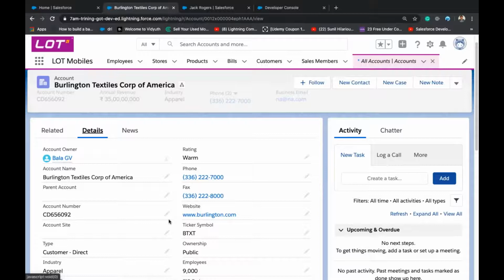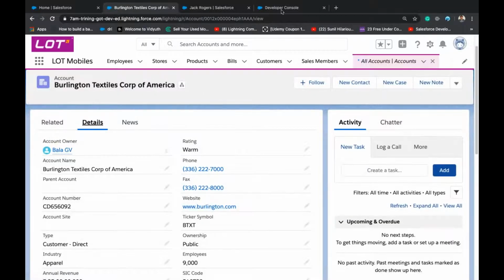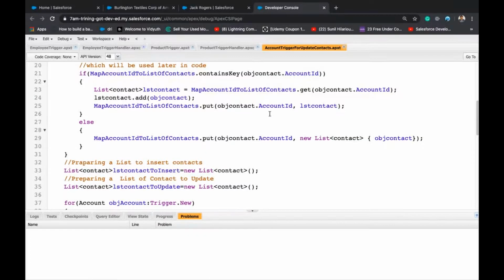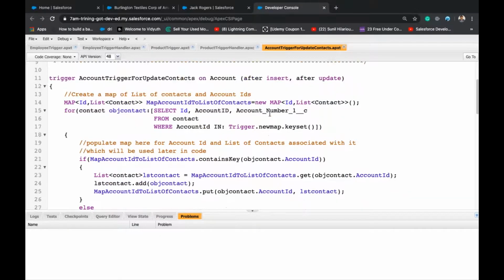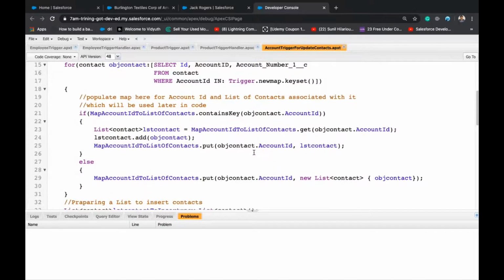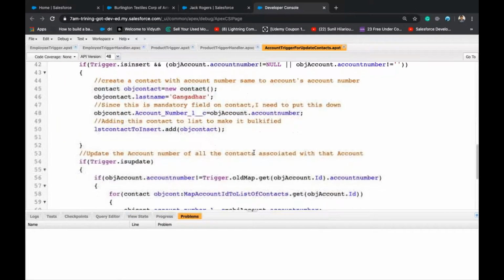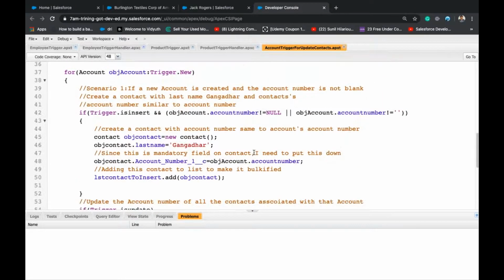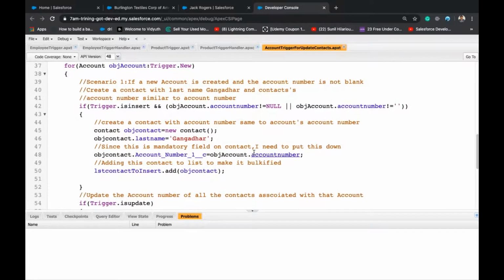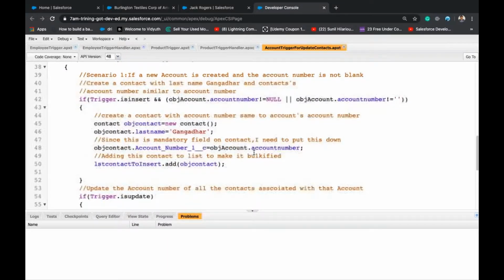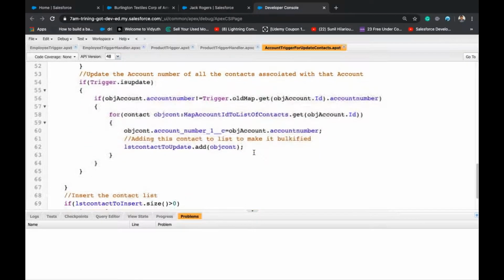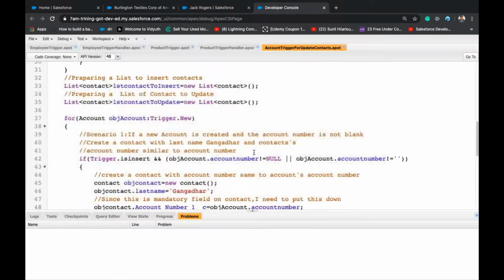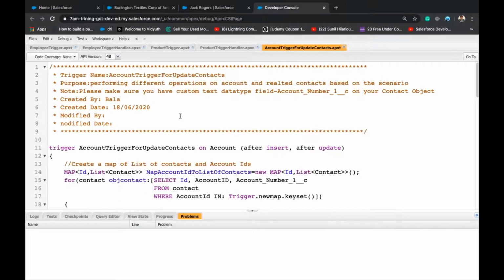So what you do, you people give a try. If you can debug this, if you are unable to do, I'll do it tomorrow. Okay, I'll give you this trigger.